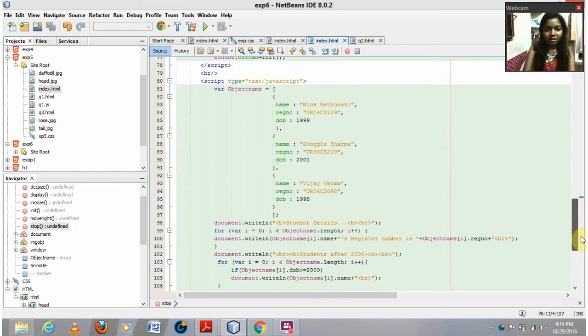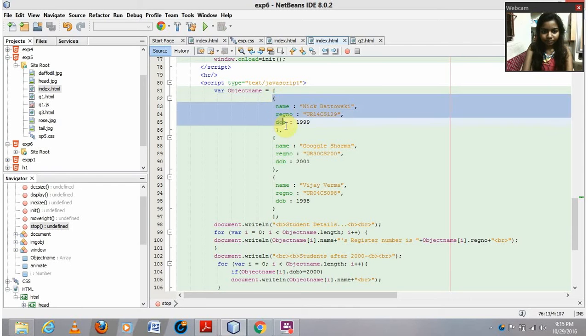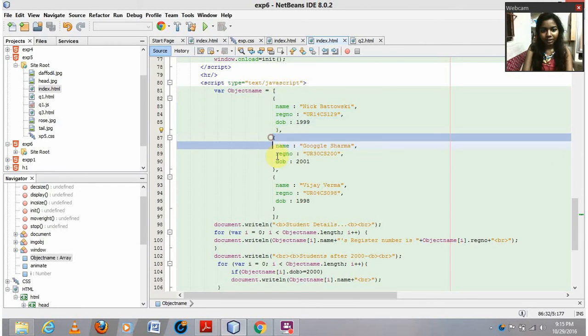And then for my fifth question, I have created here var object name. This is my array of objects. This is my first object, then this is second, and then this is third. For each object I have defined name, registration number and date of birth in years, and then name, registration number, date of birth in years for all three. And then to display them